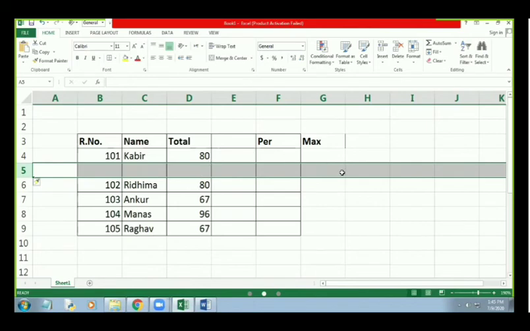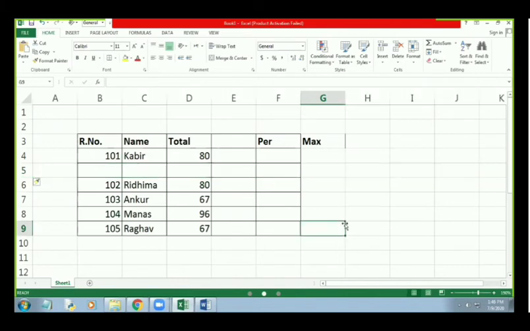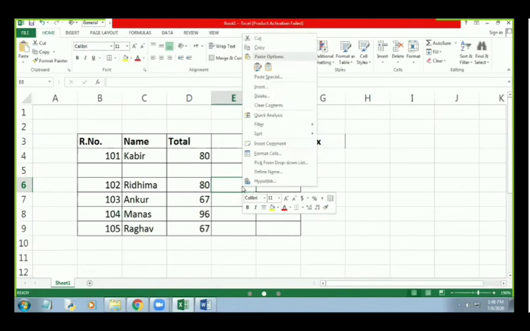We can also insert with the help of another method: click on any row and right-click, then click on the Insert option here.